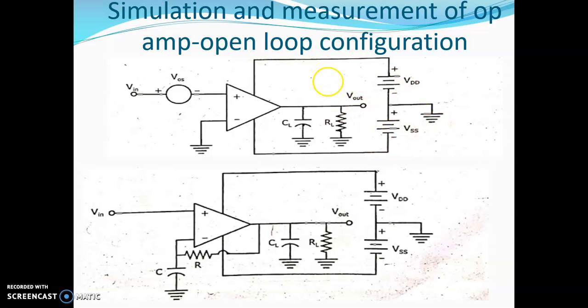Because if we do not set this to a proper value, what will happen? The op-amp output will be at the positive or negative power supply, for either the measurement or simulation cases. We know the power supply limit, so the output should stay within that limit. How is it possible? By setting this VOS. If you do not set it, the output may be on the positive voltage side or on the negative voltage side. So in order to adjust that, we use the external voltage source VOS.